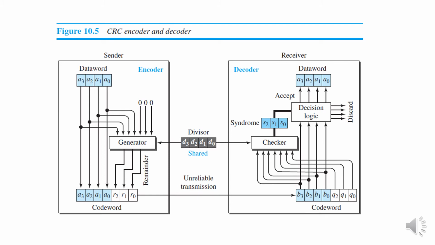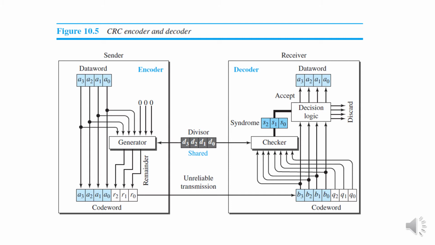The checker computes the syndrome value, that is S2, S1 and S0. At the decoder block, if the syndrome value obtained is all zeros, that means S2, S1 and S0 is equal to 0, 0, 0,